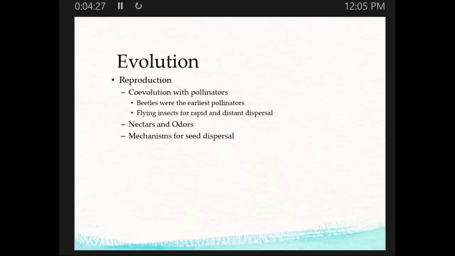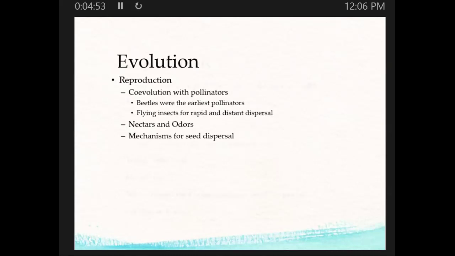Sometimes they will form partnerships with dispersers, certain animals that can do that, but not always. Sometimes it's a very, well, actually, I'll show you some video later this week on explosive seed dispersal mechanisms that are quite amazing, and a lot of physics is involved in that